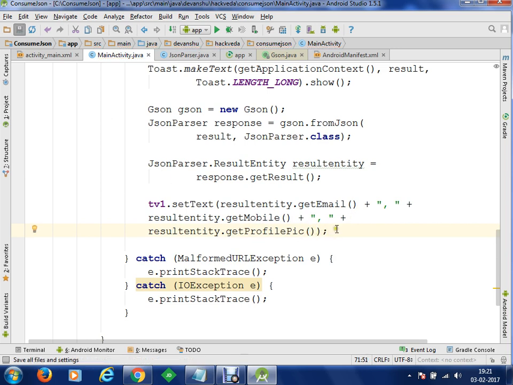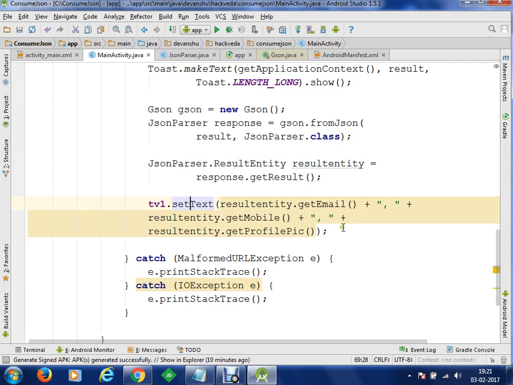So let's say we have got these information here. If we want to display image on an image view, we can do that as well. Okay. So what we can do is we can take an image view object, and within that image view we can display the image using Picasso or something. Picasso is the third party library which we can use for displaying image. So therein we don't need to convert this byte array and something. We can directly take a URL, and from the URL we can display an image. Clear? Let's see.